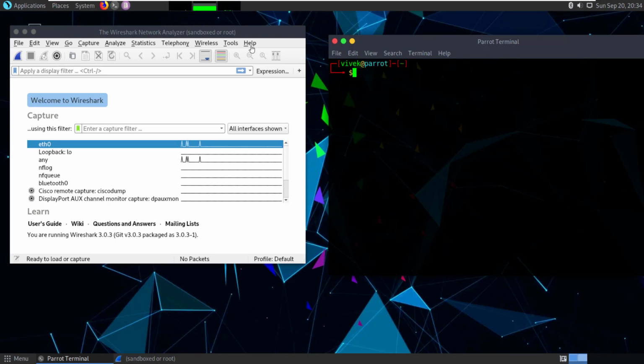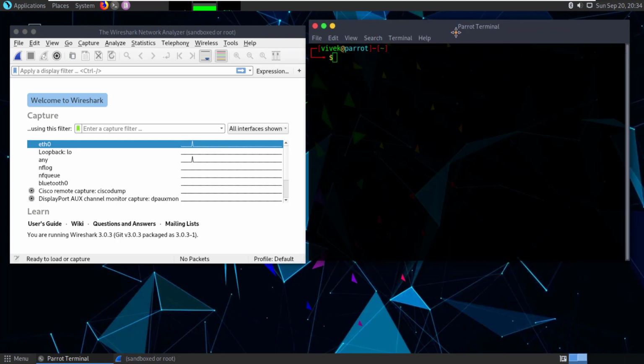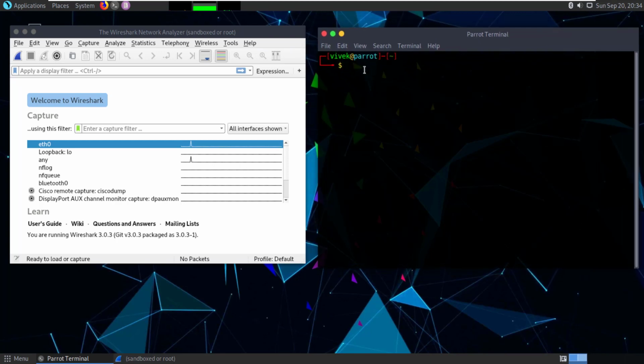Let's start. I have also started Wireshark, so that you can see whatever I am doing on my Parrot, what type of packets I am communicating. You can see whether the three-way handshake I described is working or not, and what type of flags are there. We will see everything in this. Nmap, as I told you, is a network mapper, right?